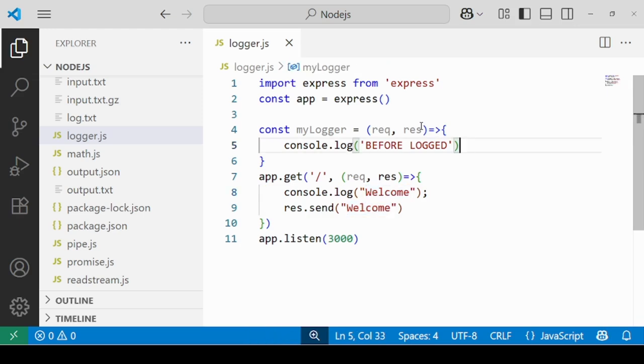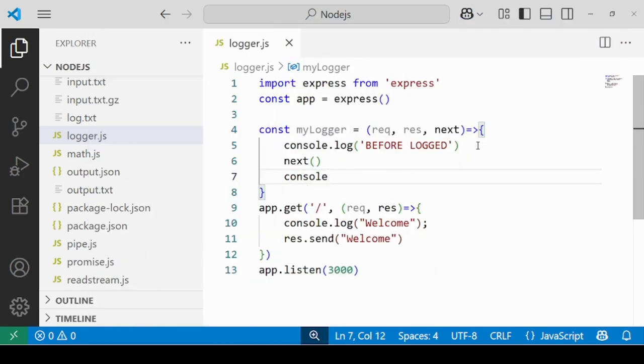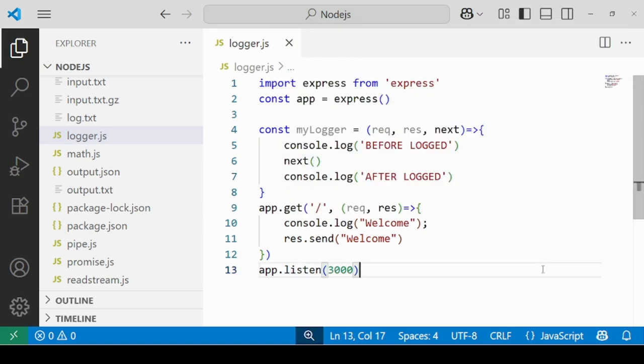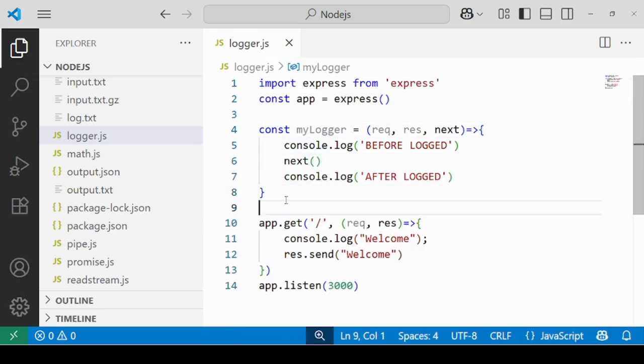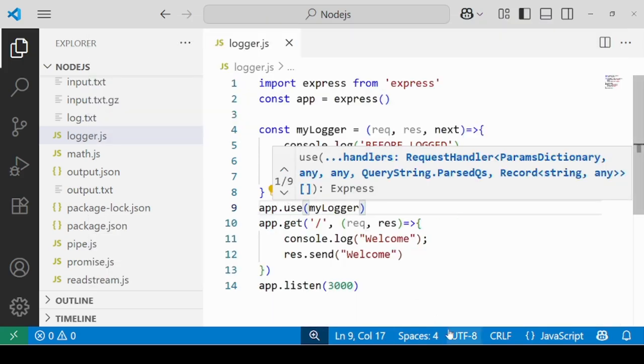Now you also need to define a next function here, and here you need to call the next function. Then console.log "after log". Right. Now, in order to make your route utilize this middleware, you need to use app.use. app.use(myLogger).